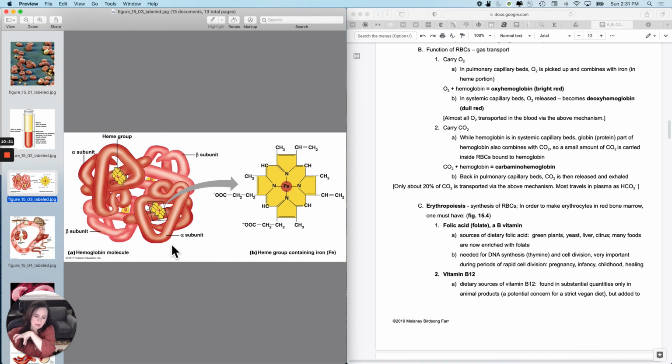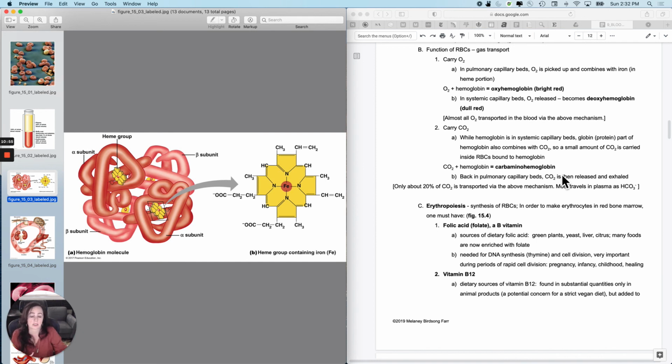For instance, you could imagine it going through a systemic capillary bed, and the oxygen hasn't left yet, but the carbon dioxide has gotten on. While hemoglobin is going through systemic capillary beds, which are generating CO2 as a byproduct of cellular respiration, the globin portion will pick up carbon dioxide. When that occurs, it's called carbaminohemoglobin. And then it delivers the blood back to the pulmonary capillary beds, and then you have to release the oxygen, and